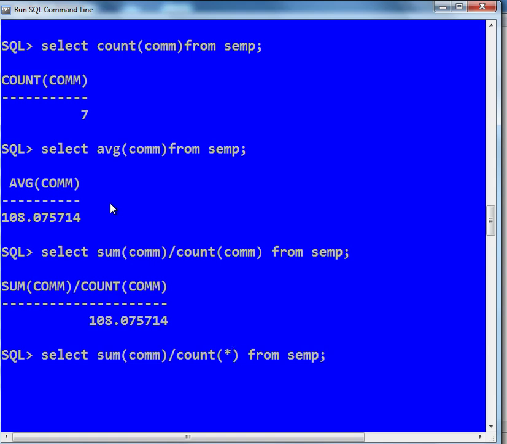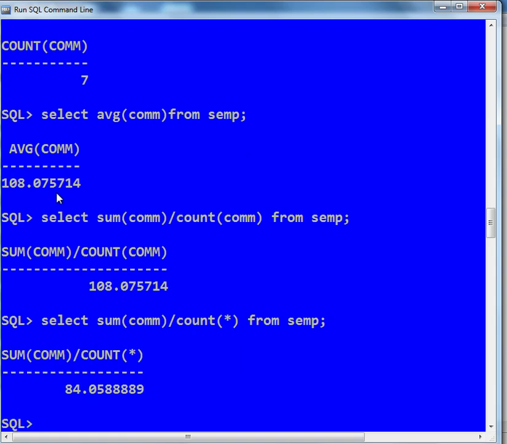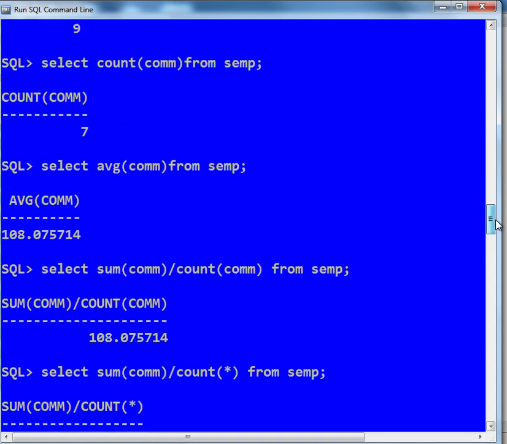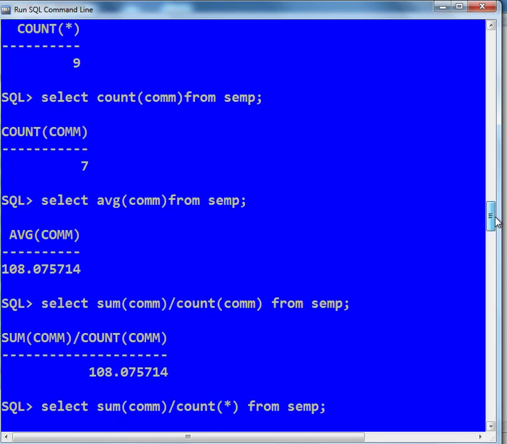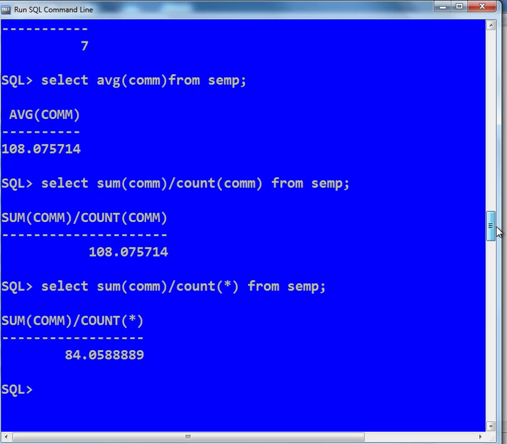Just keep in mind this is very tricky, and here we can see the difference between both of them, because count asterisk counts the null values also, but count commission does not count the null values. Here it is giving 9 and here it is giving 7. So it is dividing by 9 here and by 7 there. This is the basic difference between count asterisk and count name of column.